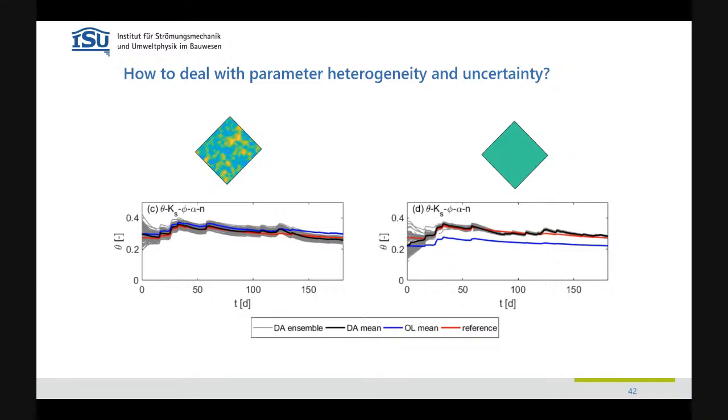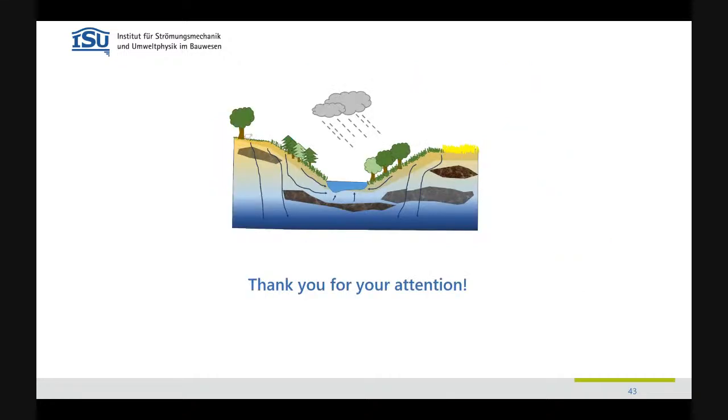Okay, so with this example, I would like to end, and I thank you for the attention. The point I wanted to bring across is that if we use standard models for soils, we should put some effort into thinking of how we acknowledge the uncertainty that we have in the models and in the parameters, and the heterogeneity that we do not resolve, in order to make good predictions. Okay, thank you very much.